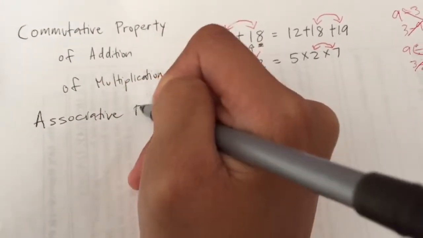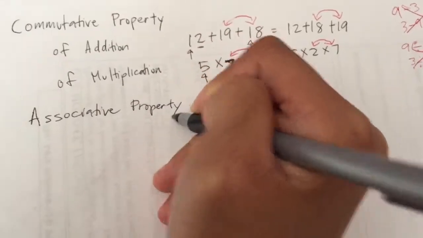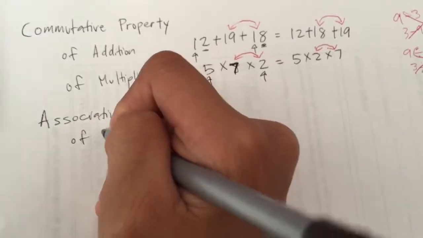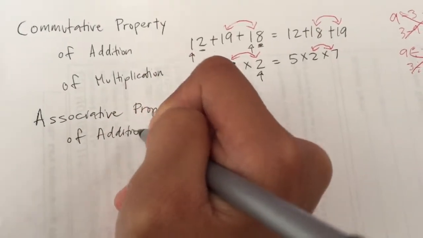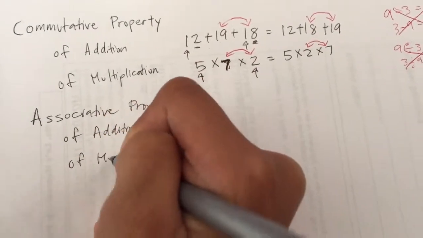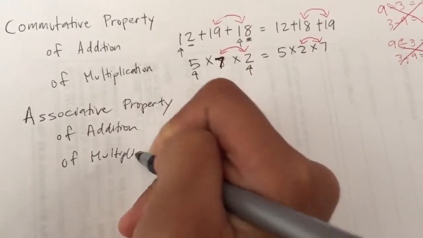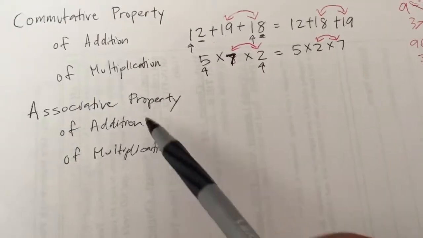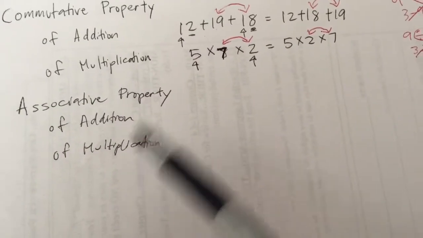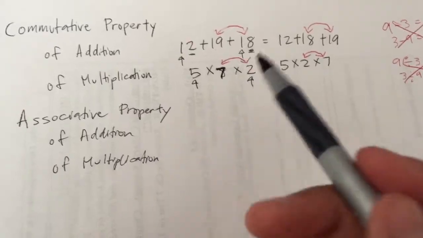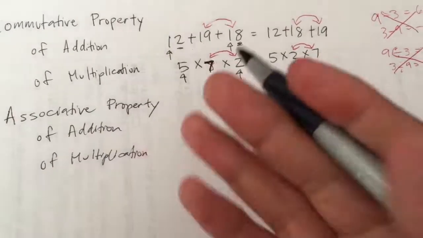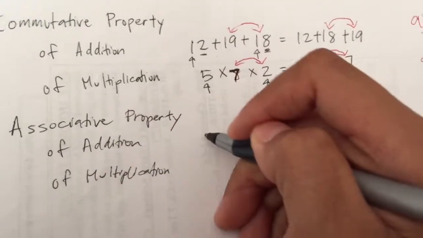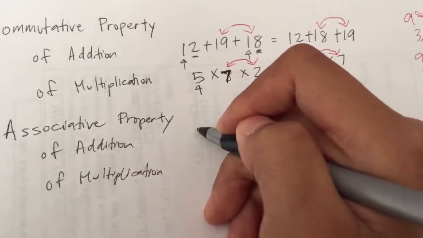The associative property also has one of multiplication and one of addition. So you could have two different answers. You can have an associative property of addition, and that's when we're adding, or an associative property of multiplication. The associative property is very similar to the commutative property. The only difference is that we're going to change groups at this point. We're going to change the parentheses. So let's say that there's parentheses around the numbers